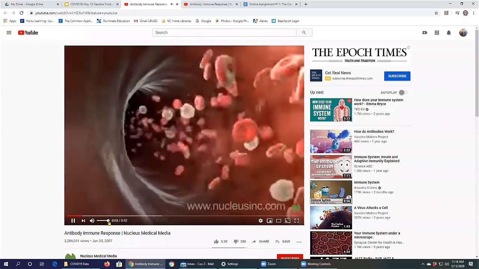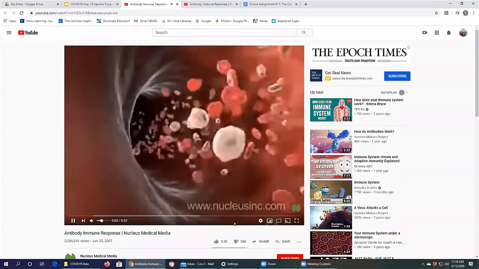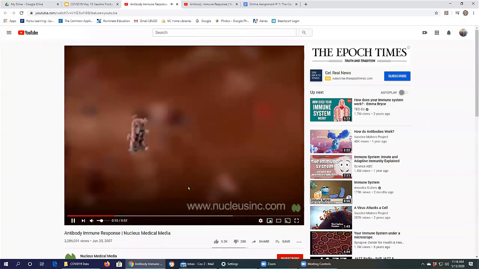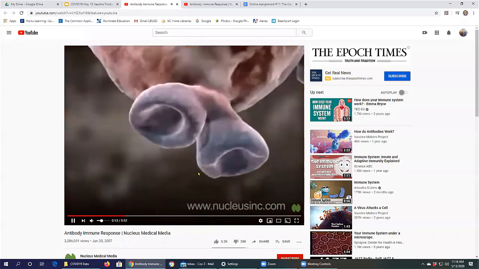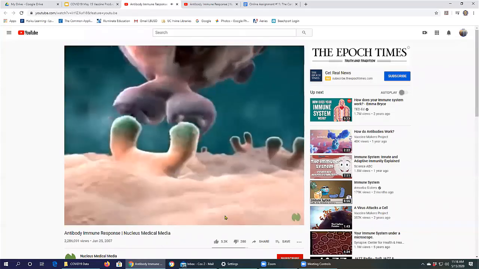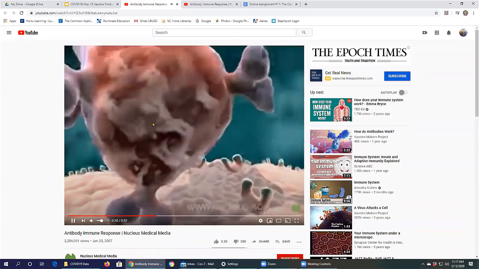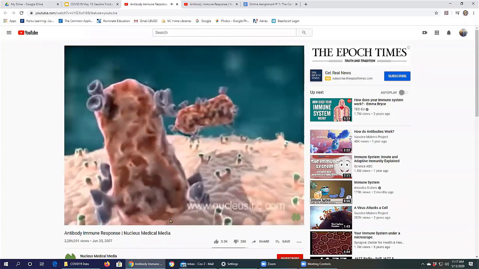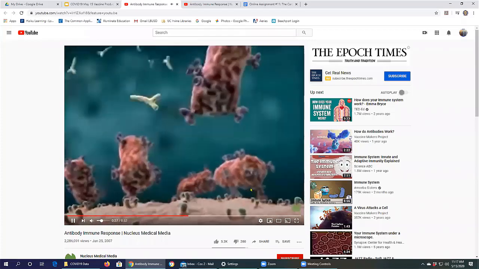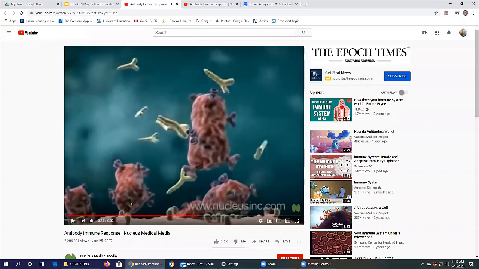All right, so these are blood cells streaming through your blood. The white ones are the ones that can make antibodies. Here's the virus. It's going to attack a human cell by binding to it. That's really important. That allows the virus to attach to the cell. Often there are many viruses and they can all attach to the cell. And here come the antibodies. So these shapes here are the antibodies, and you'll see them intercept the virus.